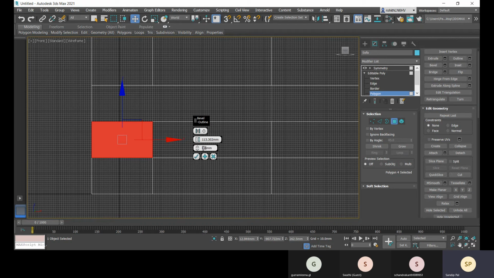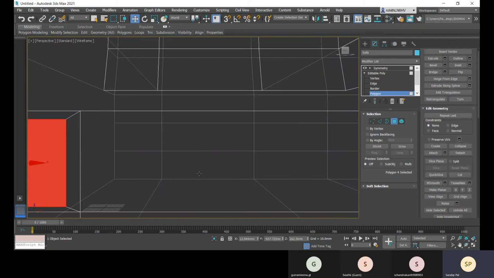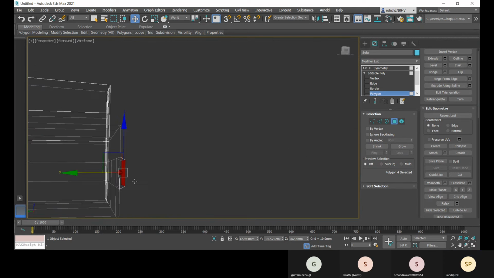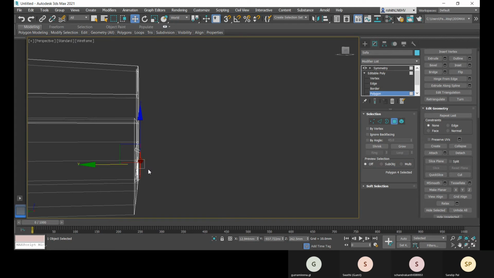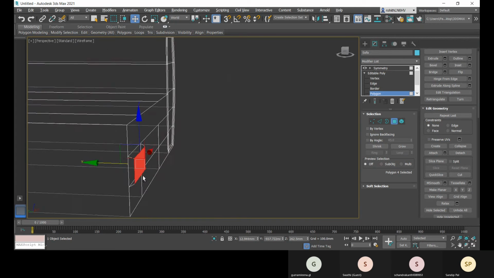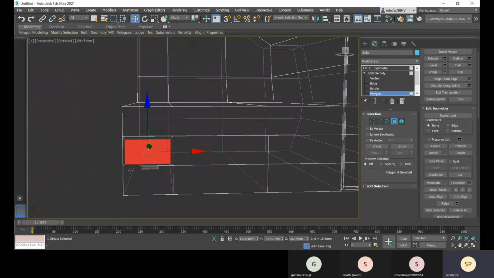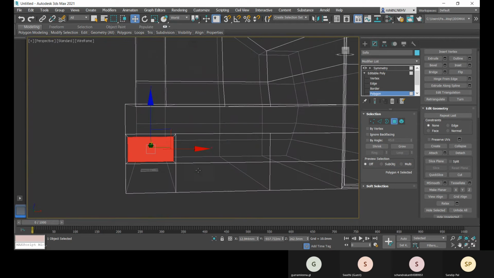Let me go from 15, and that will be minus 15, and the value, let's go for 30. And let me see that it's okay. Yeah, it's okay. All right. So that is okay.